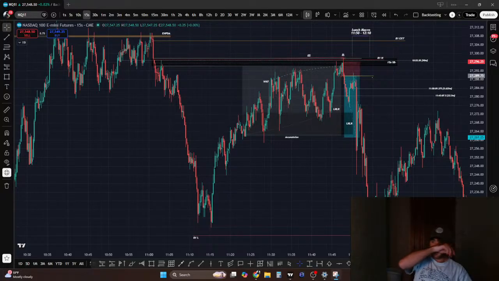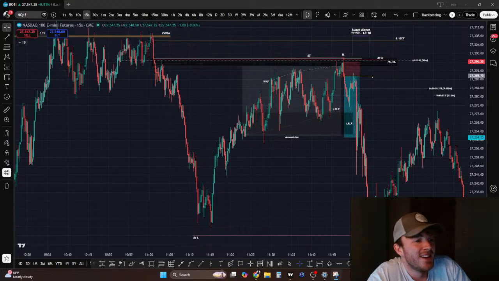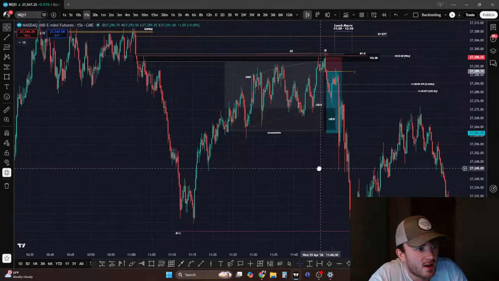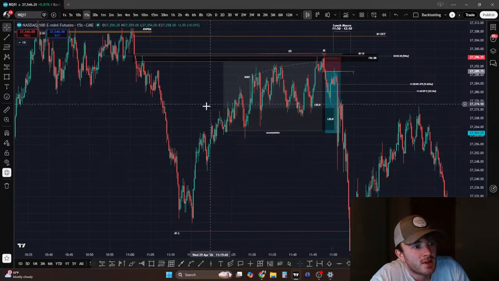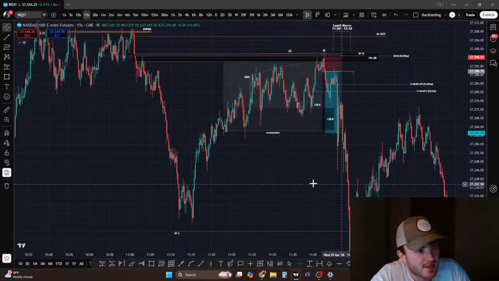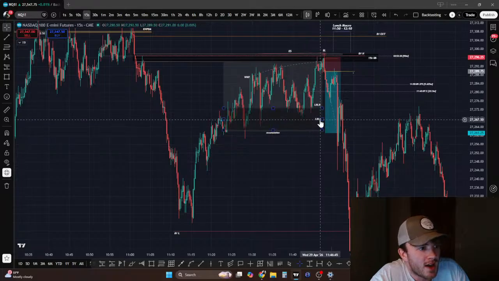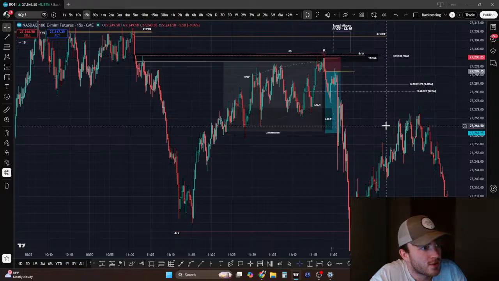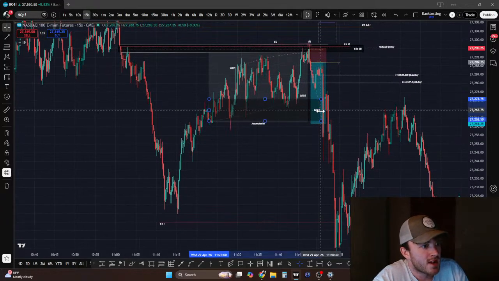Can you teach me your strategy, bro? Well, first of all, the way I trade is understanding how the market ranges, manipulates, and then expands. So I don't trade one specific entry model. I could enter, for instance, off this outside bar, off of this 2022 model, right? So there's a whole bunch of different ways.